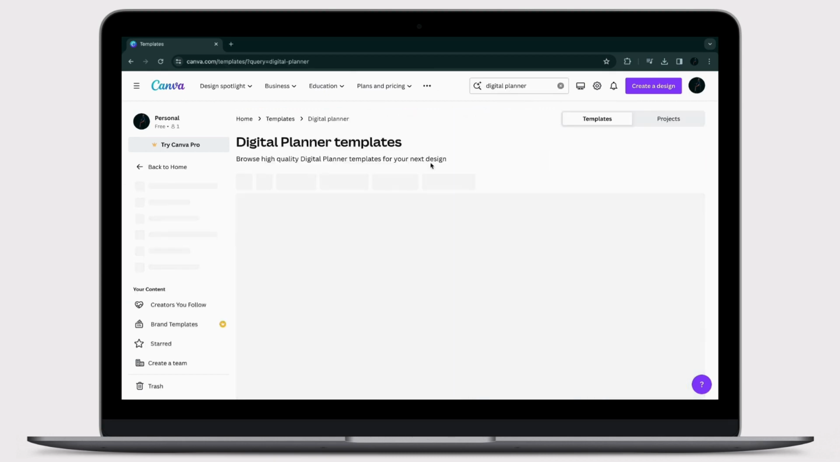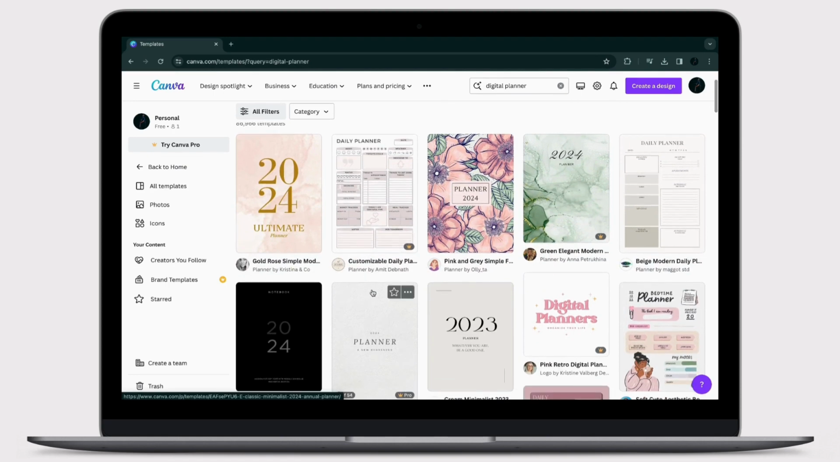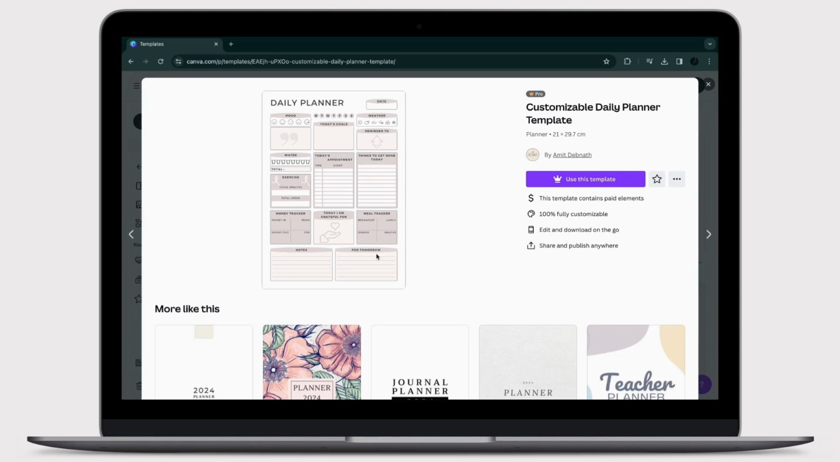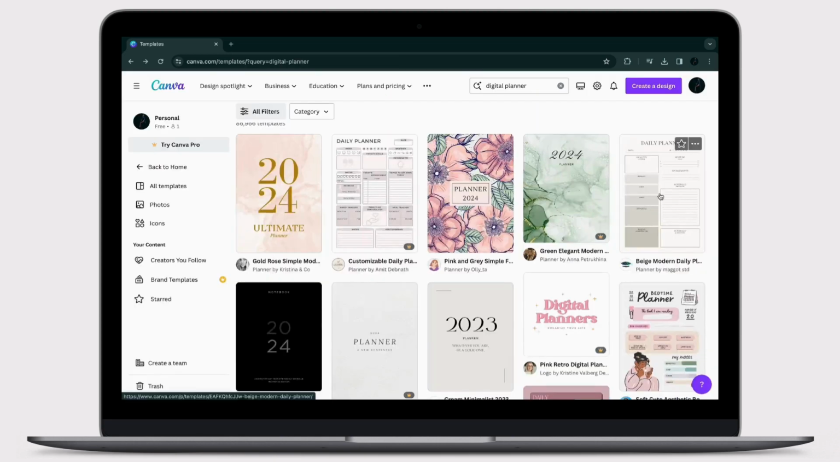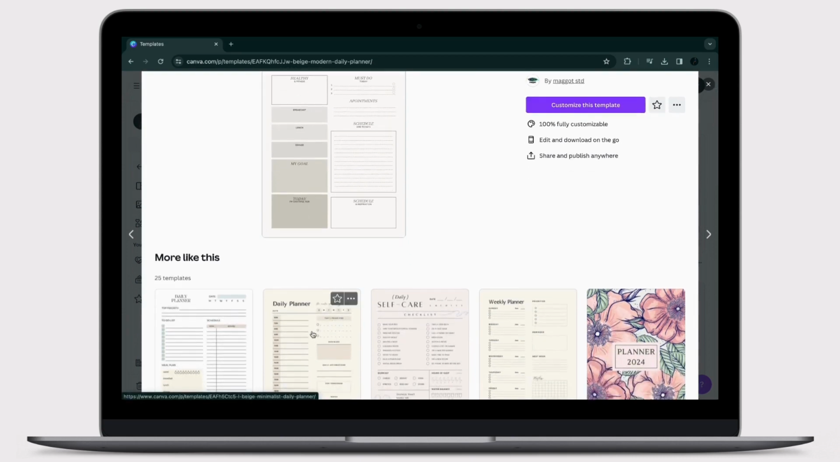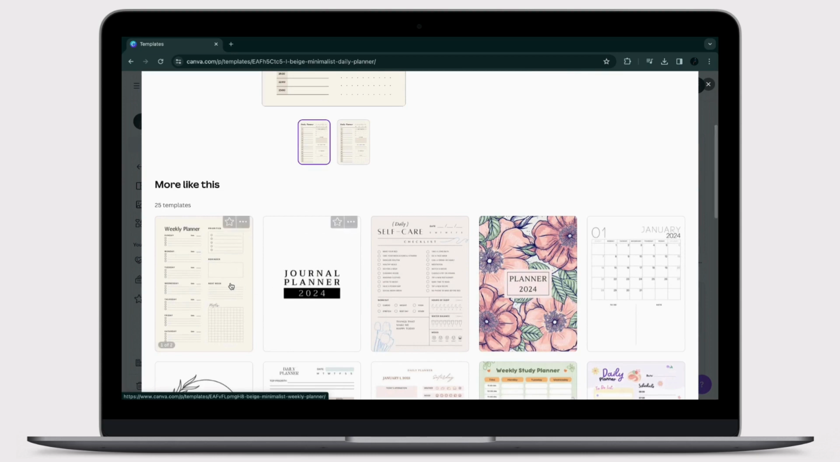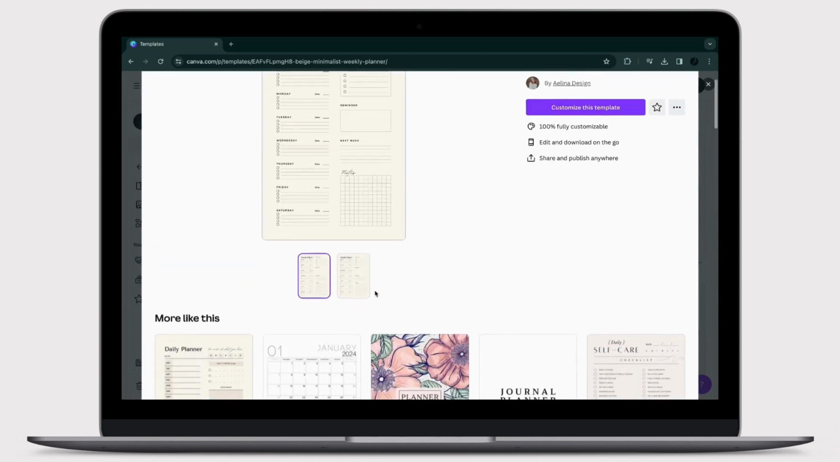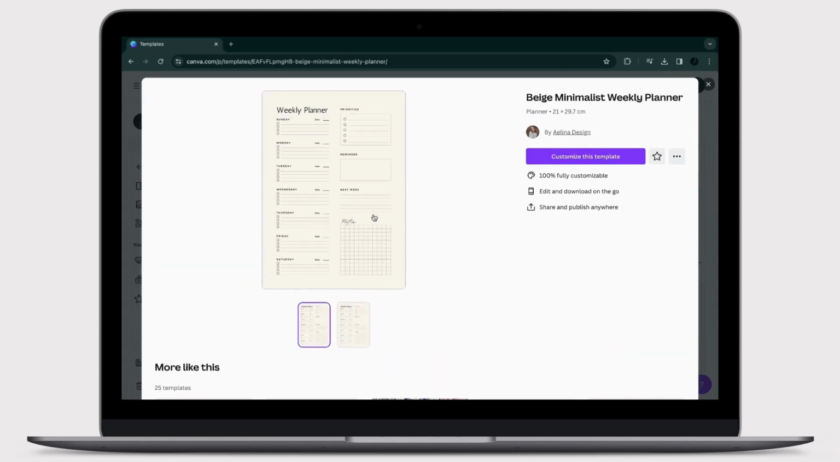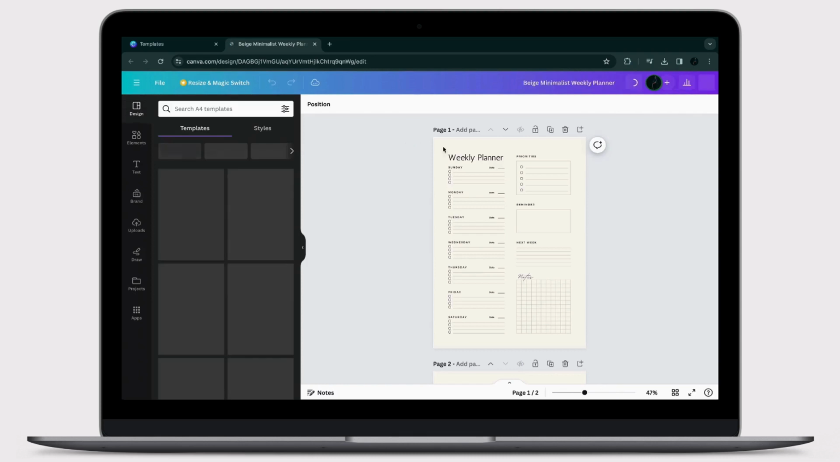After that, simply search for it, and here you can see a variety of differently designed digital planner or daily planner templates available. You can choose any of them according to your preferences, and you can even choose one and customize it according to your preferences. Again, if you want to customize it, tap on customize the template, and here you can edit